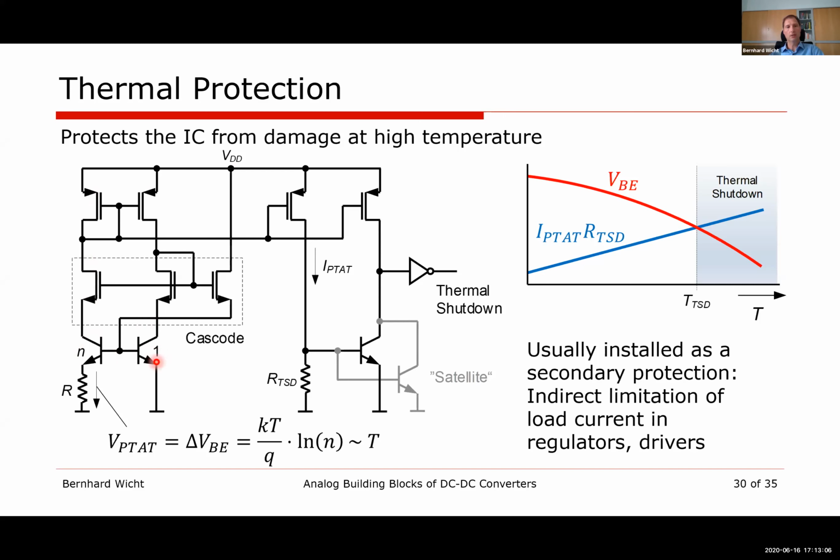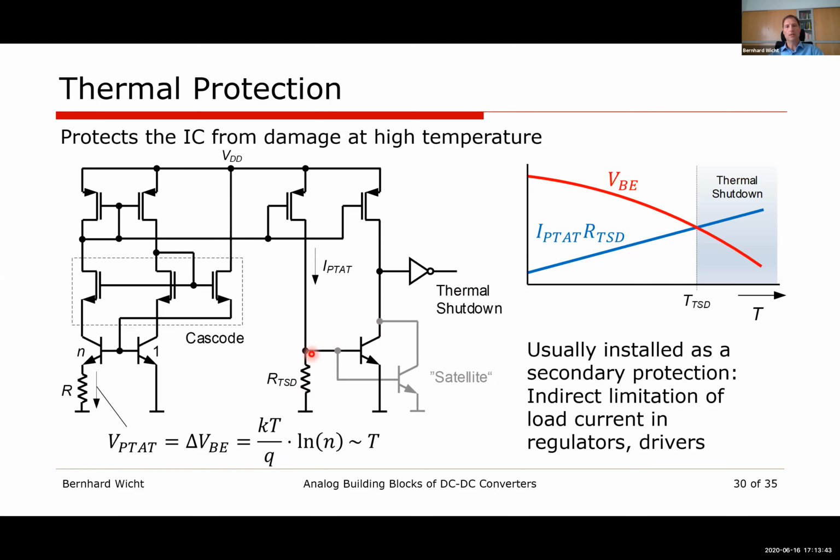They should be identical in both transistors. As there are n transistors in parallel, we have a little bit lower base emitter voltage compared to the other one. And basically the delta VBE is proportional to temperature. And by using a resistor, we can convert it to a current, which is then mirrored around as an IPTAT current, proportional to absolute temperature. And if that ramps up over this resistor here, as shown here in the temperature diagram, the blue line,